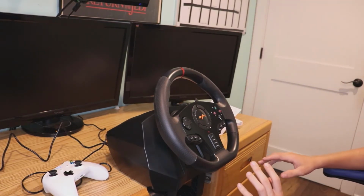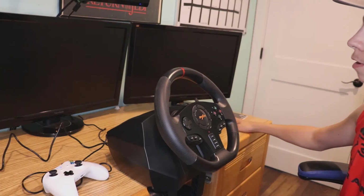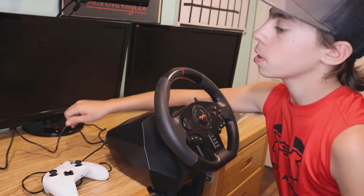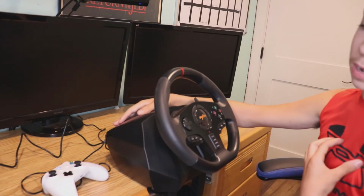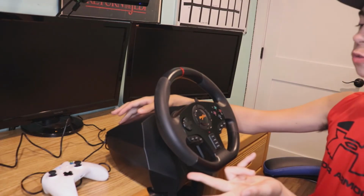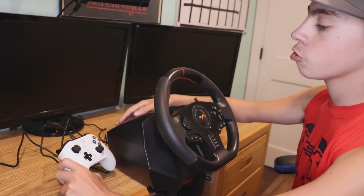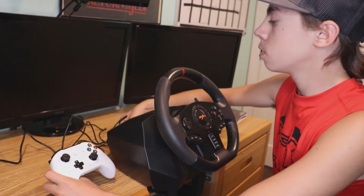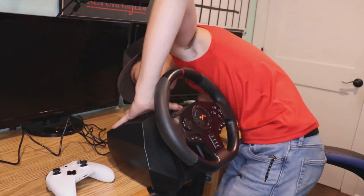Okay, now the next thing I want to mention is setting it up. So it was fairly simple once I read the instructions and went over it a little bit. But basically, you plug a USB cable out of the back of the wheel into the Xbox. And I'm setting mine up on Xbox. I have not tried PC or PS4 or even Nintendo Switch. But you plug it into the Xbox. Then you take your controller and you plug in the included cable for the controller. Plug that into the back of the wheel